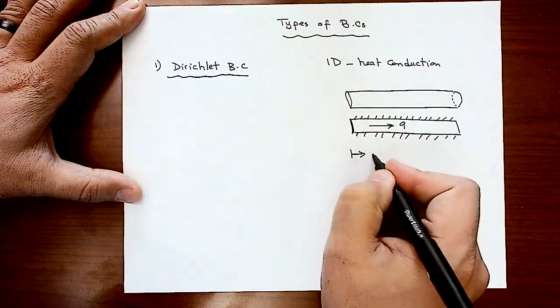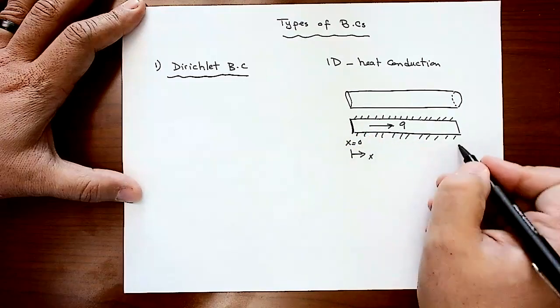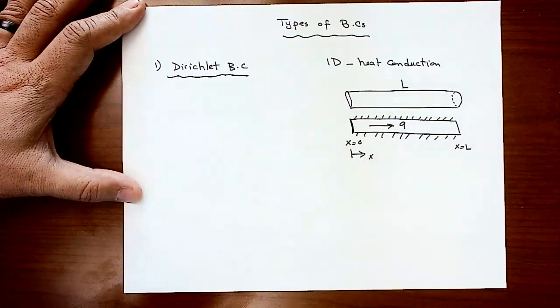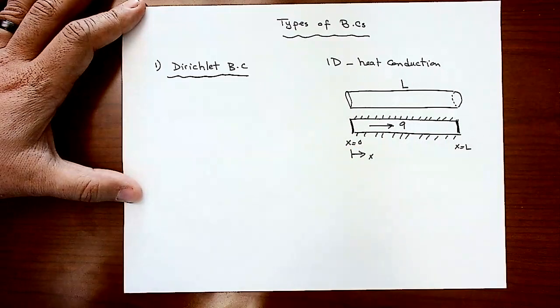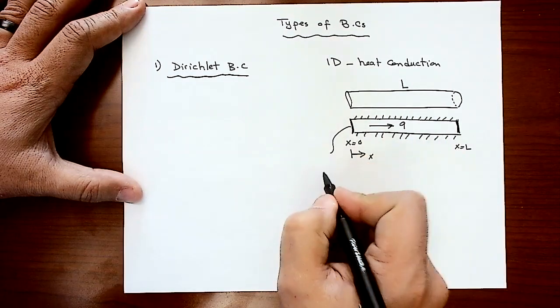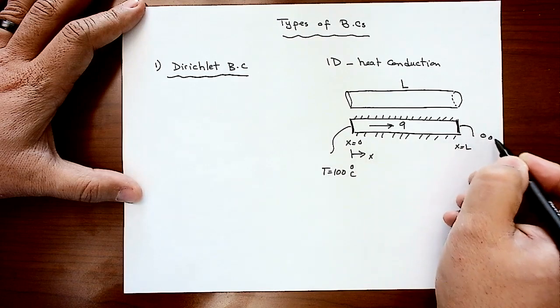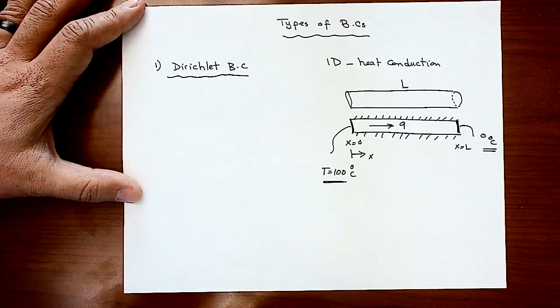Let's actually have an x-axis here. So x equals 0. This is presenting the left boundary. X equal L, whereas L is the length of that problem domain. So x equal L is presenting the second boundary. So for example, you tell me that, oh, the temperature here is 100 degrees C, and the temperature here is 0 degrees C. And now you are fixing the value at the boundary, and this is what we call it